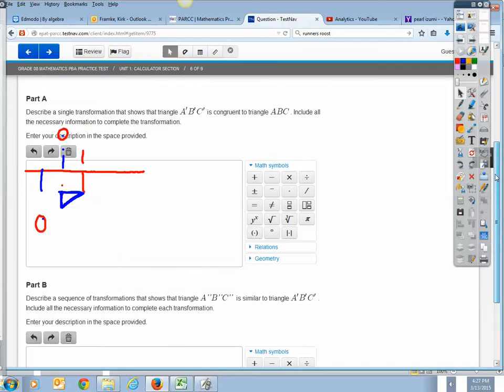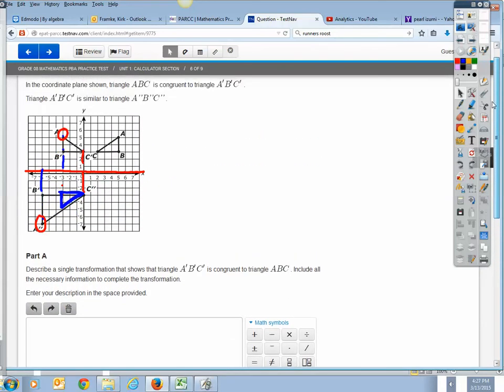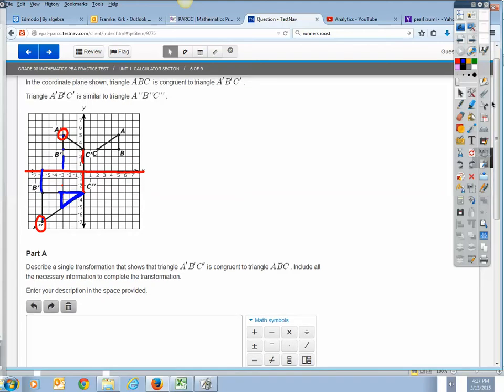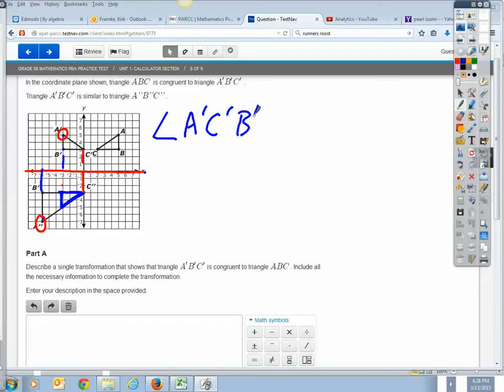Well, I know that if two shapes have the same angles, they are similar. So at this point, what I could do, although I don't know if it's the best idea, is say, all right, I know that angle, and I would have to talk about my transformation, my reflection over the x-axis, but I could say that angle A prime, C prime, B prime is congruent, the measure equals the measure of angle A double prime, C double prime, B double prime,